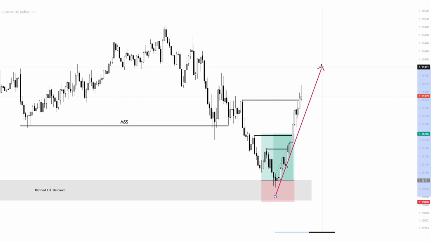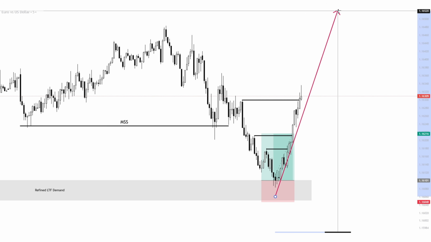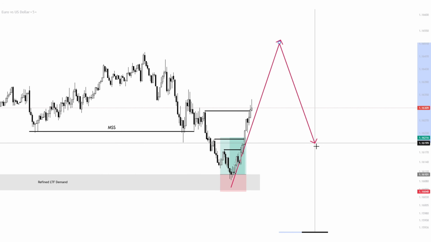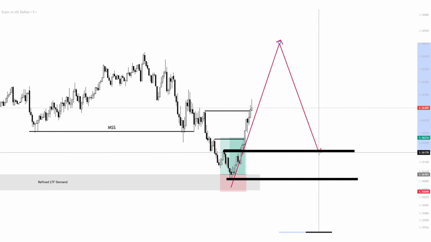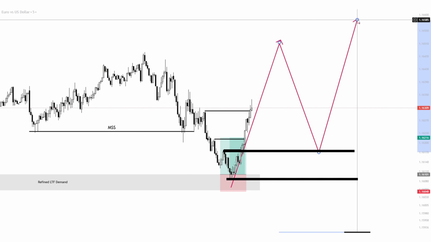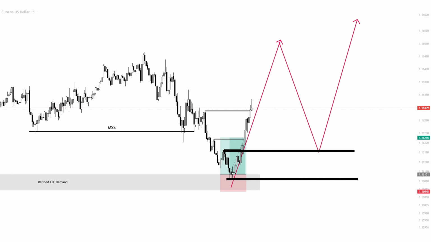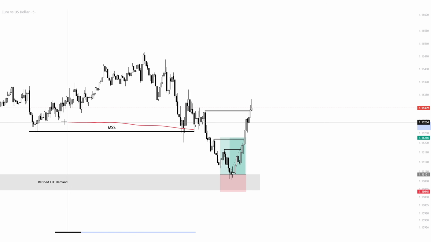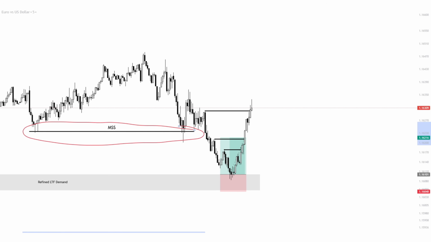One is that the market holds a high time frame uptrend, so it looks to break the swing high. If that happens, we wait for a pullback and look for a demand zone on the higher time frames so we can identify another buy-long setup, and we just repeat the same steps of refining the demand by moving into a lower time frame. And in the scenario where this bearish market structure shift actually validates,